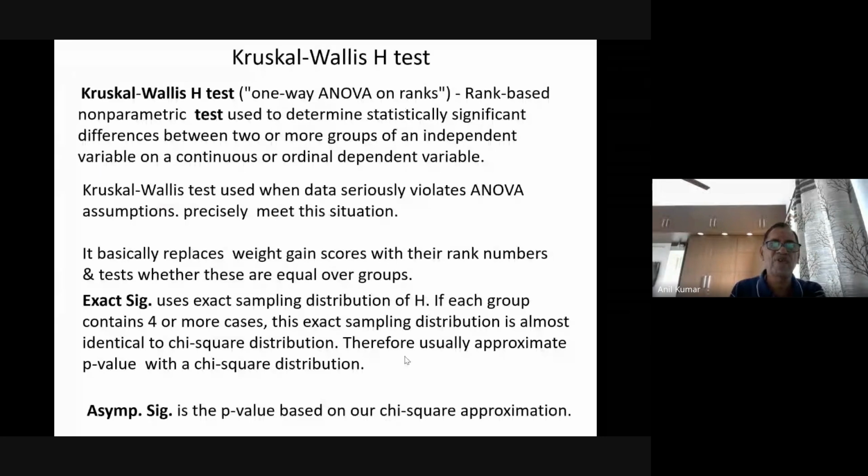Likewise, for all the tests, we have certain assumptions. My point in bringing all this to your awareness is that statistical analysis is very simple from the looking point of view, but it requires a number of assumptions and conditions to be satisfied before embarking upon that particular test. Whether parametric or non-parametric, use that test with the knowledge that yes, I have tried to satisfy assumptions and conditions first, then only I am using it.